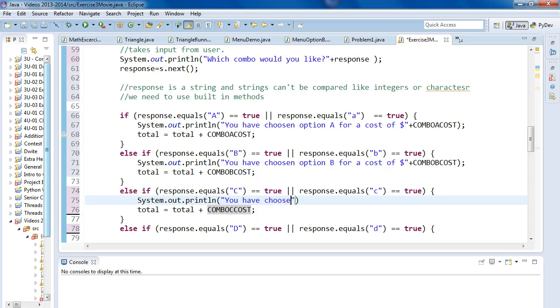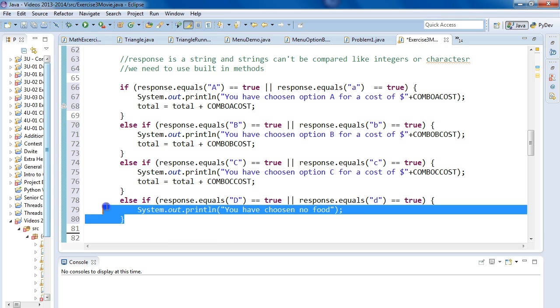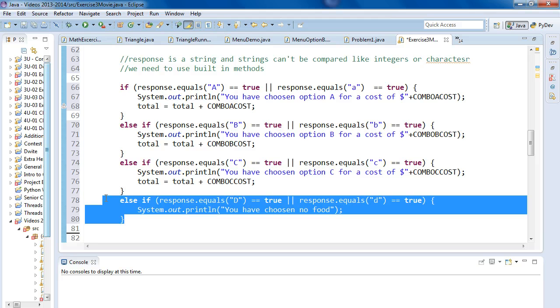You have chosen option C for a cost of, put our dollar symbol, combo cost, combo C cost. Okay, and if they choose nothing, we'd say something like system.out.println, "You have chosen no food." It's important that we actually prompt the user so they know this, because if we don't,